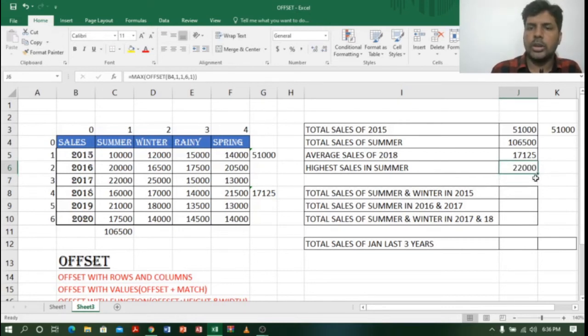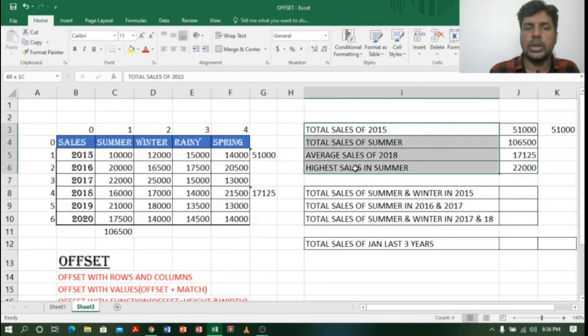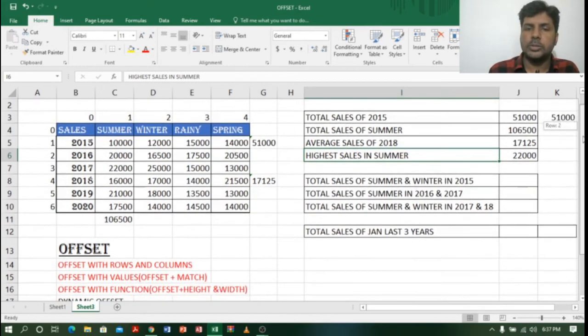So the highest summer sale is 22,000. You can see here 22,000 is the highest of whole summer sales. Nice, right? So this is how we can easily do the functions with offset. So we can find total, average, max, min by using offset. Nice, right? So let us move to the next one.